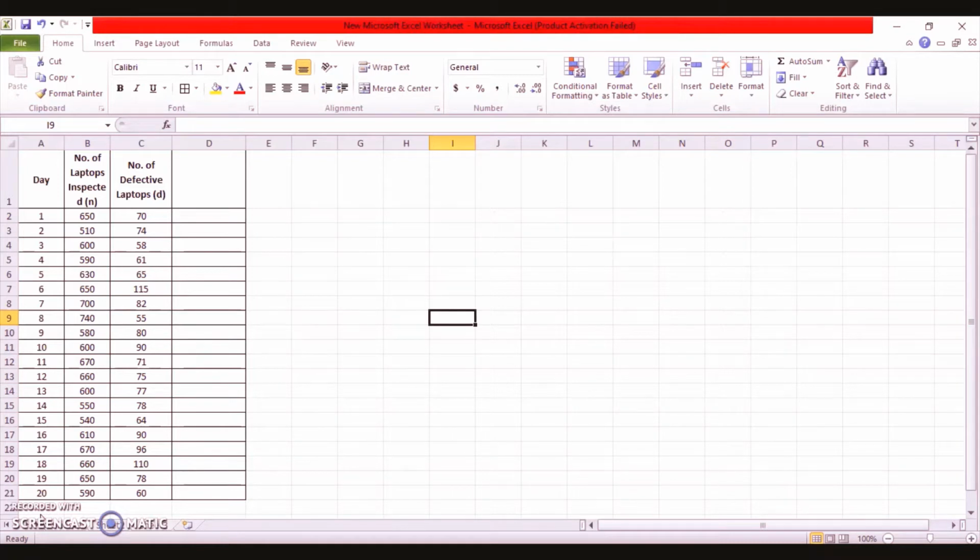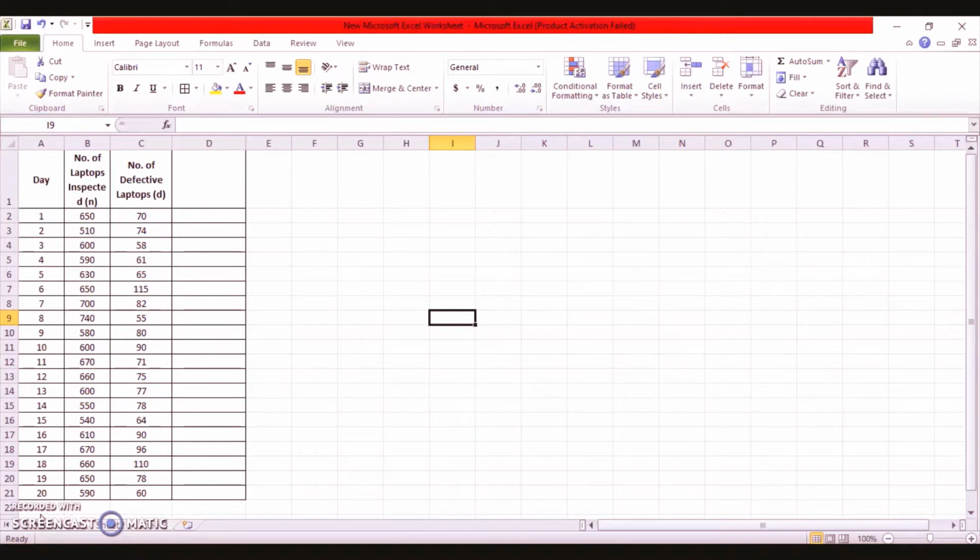Now since the number of defectives is given here and the sample size is varying, as you can see on the screen, we will prepare the P-chart for variable sample size, and we shall solve this problem using both the approaches. The first approach, you remember, is when the control limits of the P-chart are calculated for each sample, right?